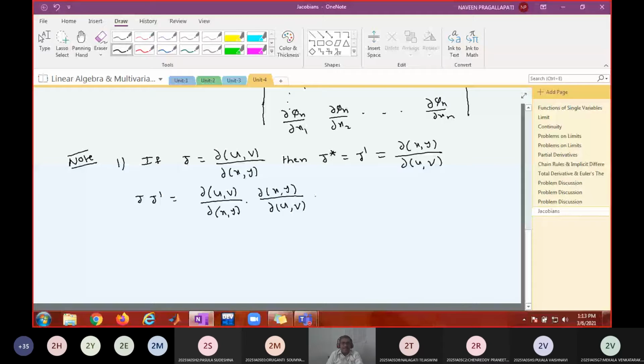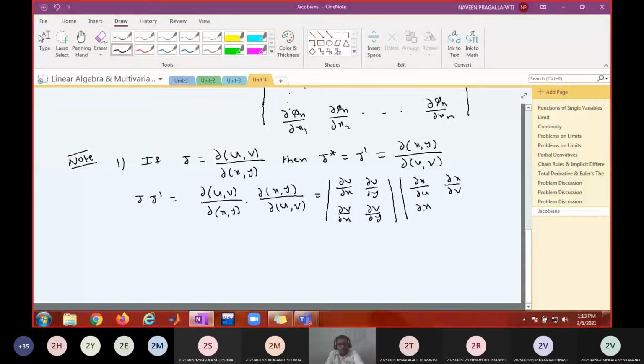Apply the definition. What is ∂(u,v)/∂(x,y)? It's a determinant, right? What is it? ∂u/∂x, ∂u/∂y, ∂v/∂x, ∂v/∂y. What is the determinant definition of the latter function, ∂(x,y)/∂(u,v)? That means what? ∂x/∂u, ∂x/∂v,